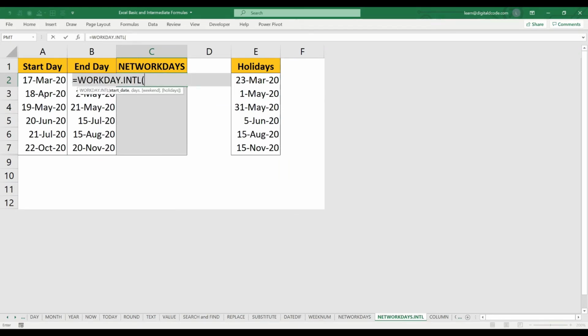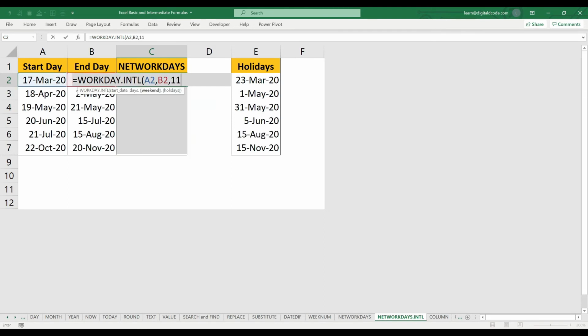NETWORKDAYS.INTL, choose the start date and choose the end date, comma. So here you'll get a weekend option. Most of them have Saturday and Sunday as the weekend, and some of them have the weekend only on Sunday, and Saturday will be working. So I'll take only Sunday as the weekend, and the rest are working days.